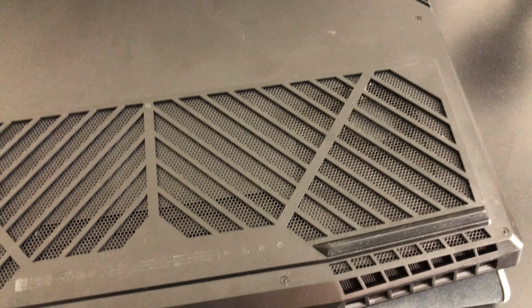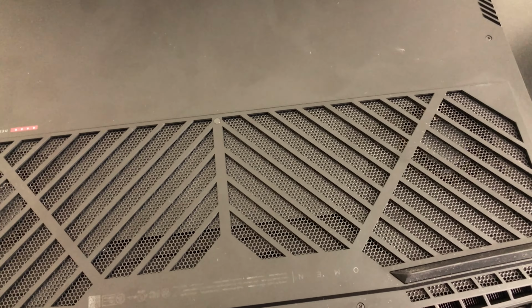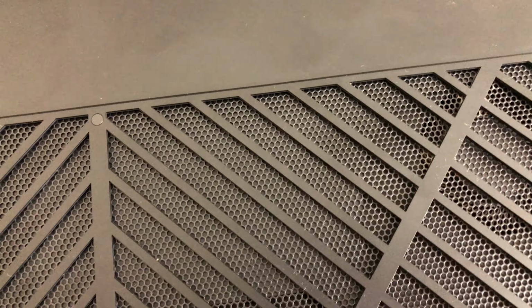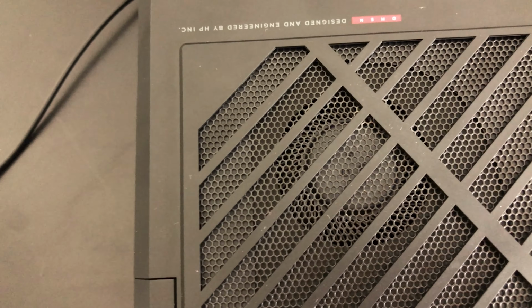And on the bottom, you see two very large blower style fans, just like what you see on graphics cards, that really helps suck in some cool air and blow it right out the back and through the side. They call it their Tempest cooling system, which does a fantastic job considering what all is packed inside of this thing. You can see the HP manufacturing text underneath, the speaker grill for the Bang & Olufsen stereo speakers,